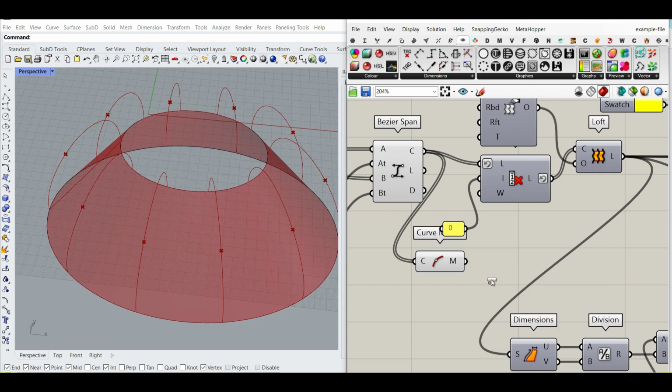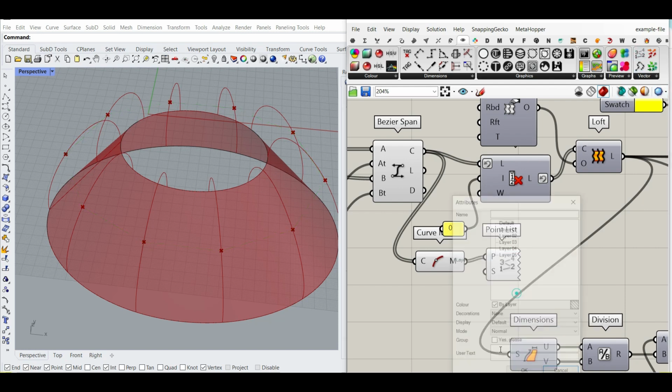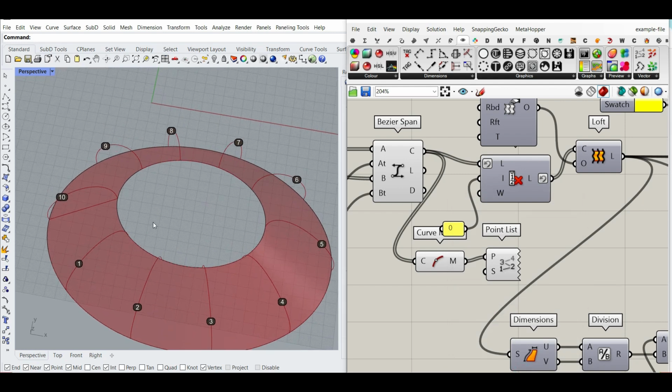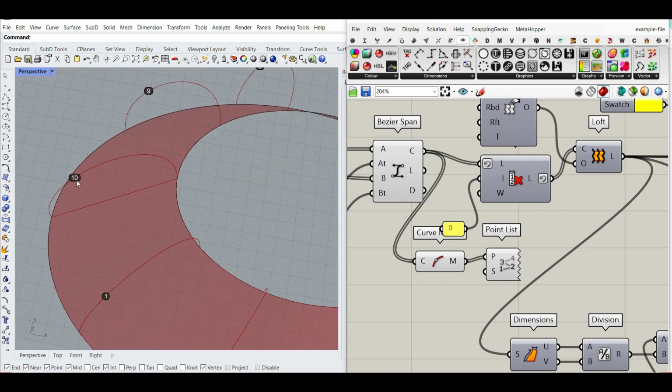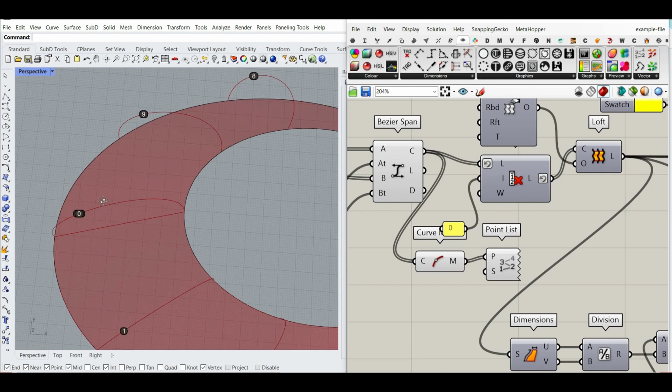The problem was the points list. I baked it, and here you go. You can see 0 is not visible because it's on the 10, so it's going 1, 2, 3, 4, 5, 6, 7 till the end, which is 10. If I click it here, you can see we have a 0 and a 10. So that's the duplicate we have here, and we can delete the 10